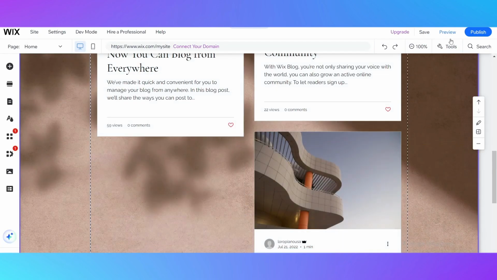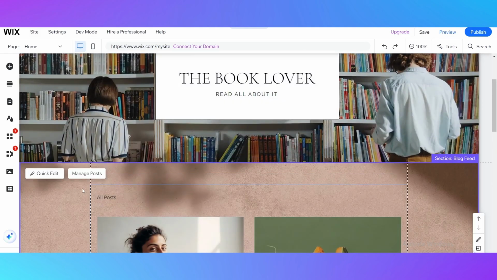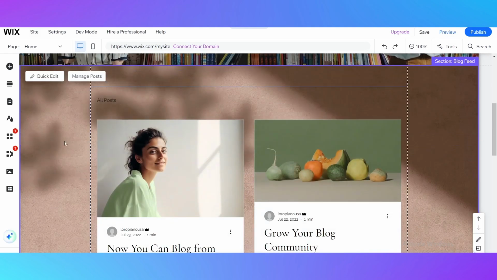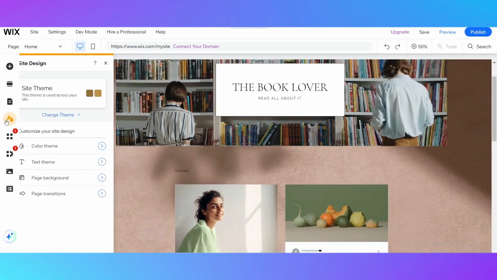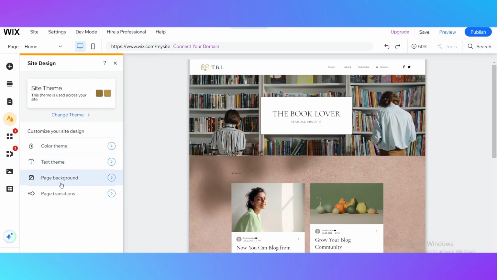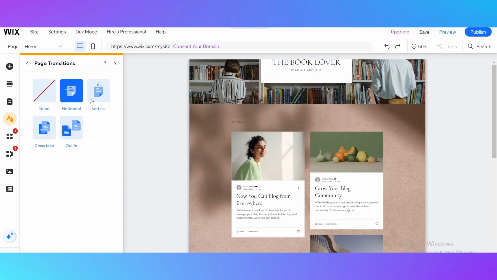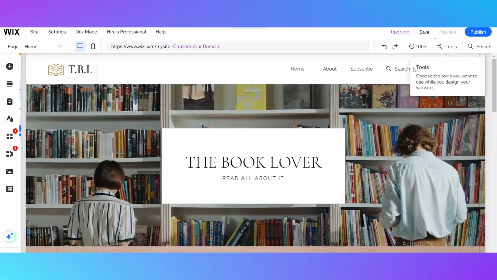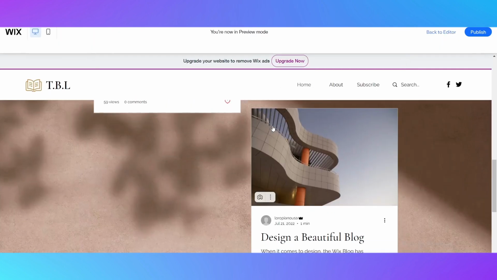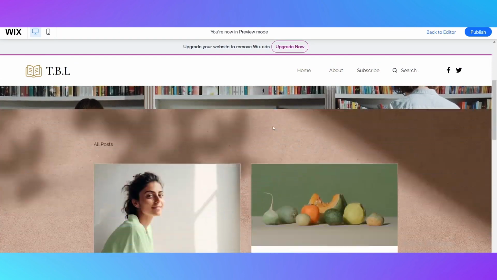So guys, thank you for your attention. I hope you now know how to change the background. There are more features to do. For example, if you want to create page transitions, make them horizontal or vertical, crossfade. So in a preview you'll see how it's going to look. So as you can see,